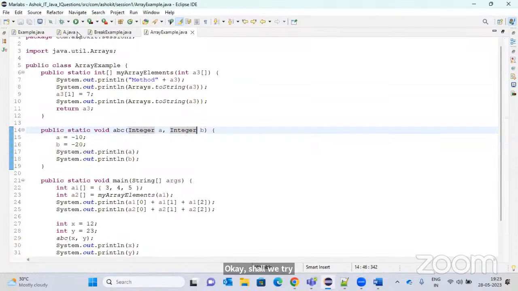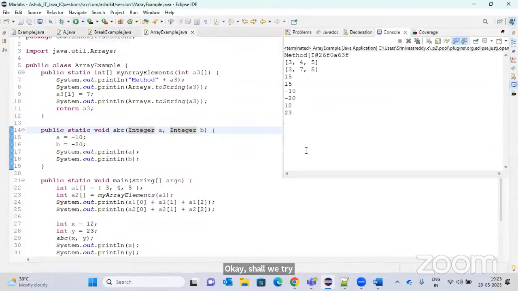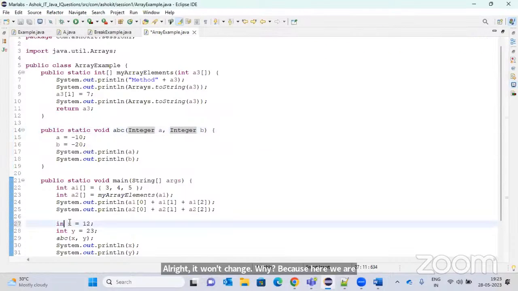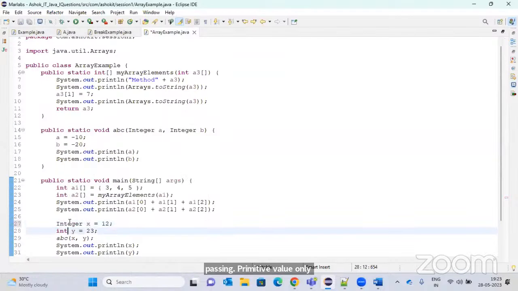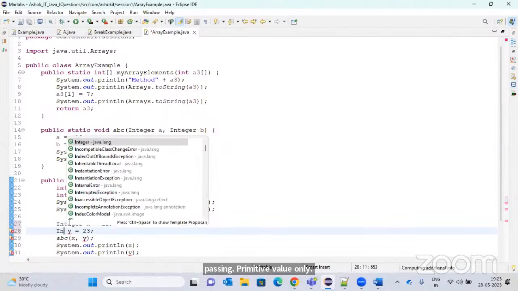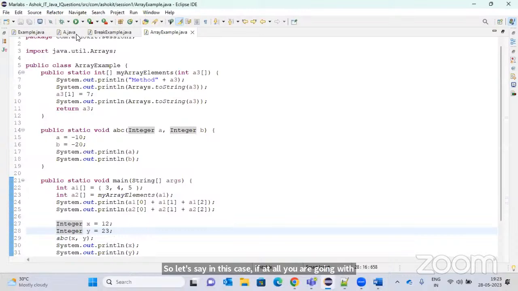Yes, sir. It won't change. Why? Because here we are passing a primitive value only. Am I correct or not? So let's say in this case, if at all you are going with an Integer object, right? Now